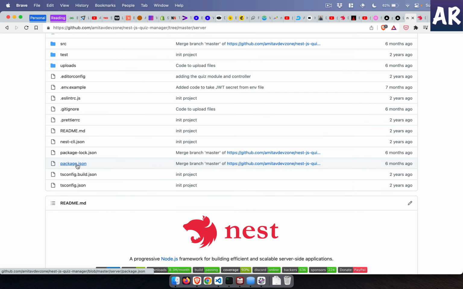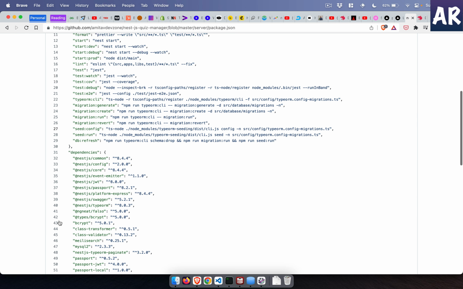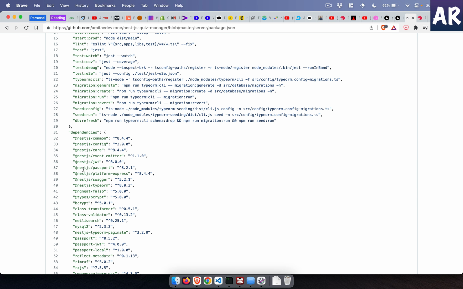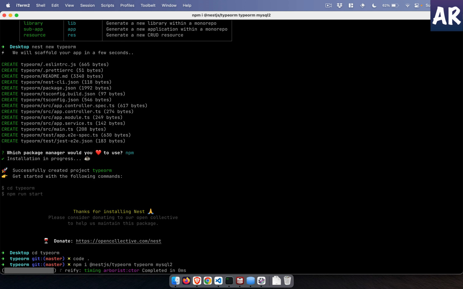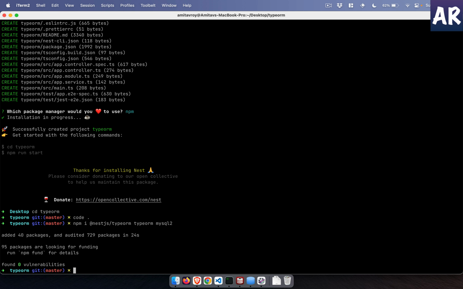Let me quickly look at the package.json. So this is my dependencies. As you can see, I should have @nestjs/typeorm here, which is the NestJs intermediate module. I have mysql2 and I should have typeorm here as well. So with that done, let's hit enter and let it do its thing again. So we have fast forwarded into getting all the dependencies done. And now